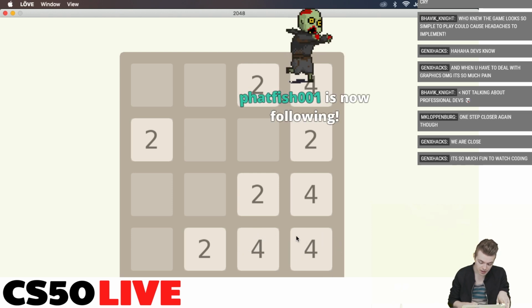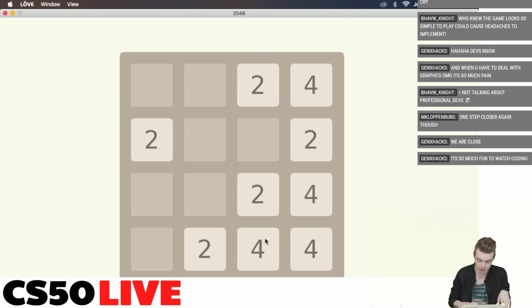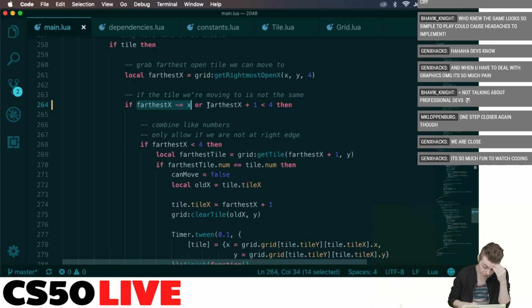This one's blocked. The nearest open one will just be whatever the starting value was that it moved to the right, because it moves left to right when it tries to calculate the nearest open right slot. So it'll start here at 3, try to go to 4. 4 is blocked, so it'll just return 3. And as a result of that,